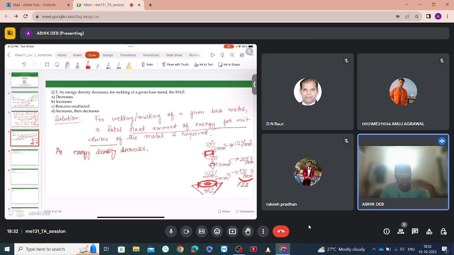So to melt the same area, more time will be required. Also, since it is interacting with a larger area, the heat affected zone will also be larger in this case. So as energy density decreases,